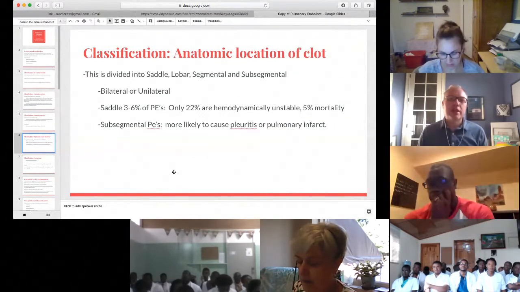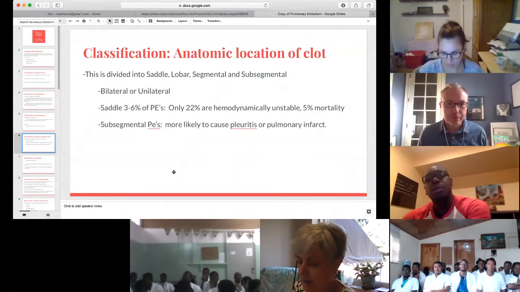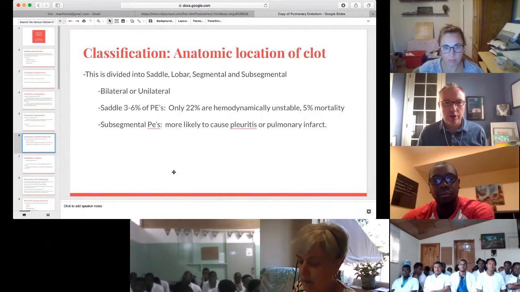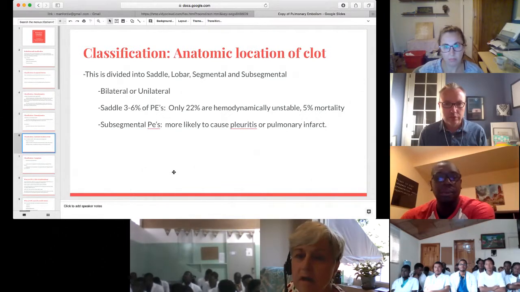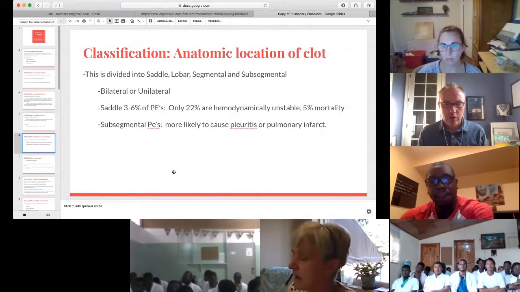The last classification is basically the location of the clot within the pulmonary arterial system. Troisième aspect de la classification globale de l'embolie pulmonaire, c'est la localisation anatomique du caillot ou de l'embolie. So, like we already discussed, sometimes we call it a saddle pulmonary emboli, which is at the main pulmonary arteries. Comme on l'a dit tantôt, ça peut se localiser au niveau du tronc ou de la bifurcation de l'artère pulmonaire qu'on appelle embolie pulmonaire en selle.